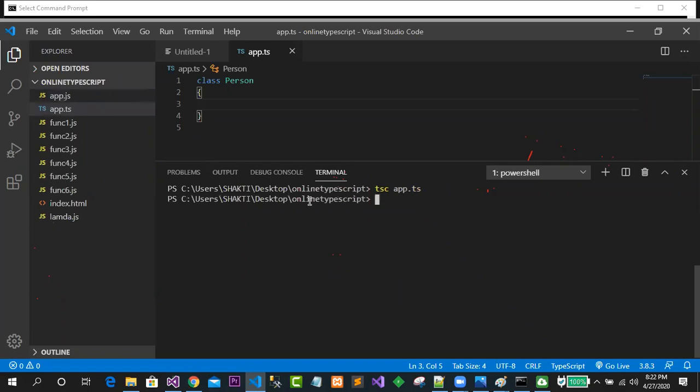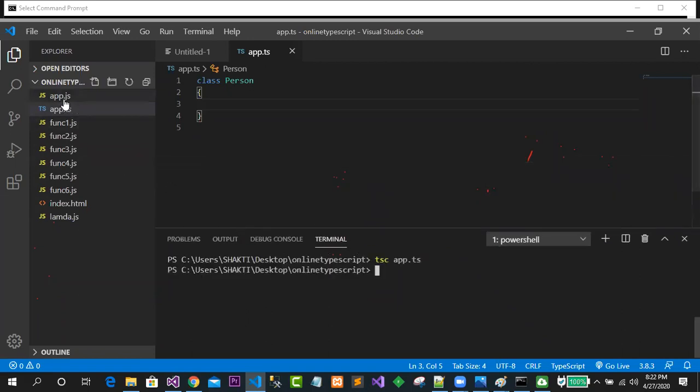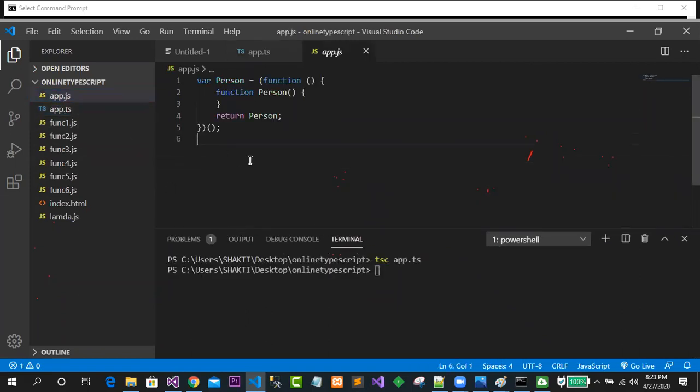In this case, you found your app.js. Now just see the app.js content. This is called a closure in JavaScript. Your class is going to convert to a closure in JavaScript. Those who have attended the class on closure, just try to remember the concept.